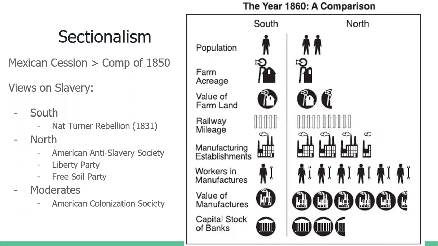Now, the Liberty Party, this was a minor political party in the US, but the party did advocate for the abolitionist cause. They broke away from the Anti-Slavery Society, and they advocated that the Constitution was an anti-slavery document, because there are phrases like all men are created equal, things like that.